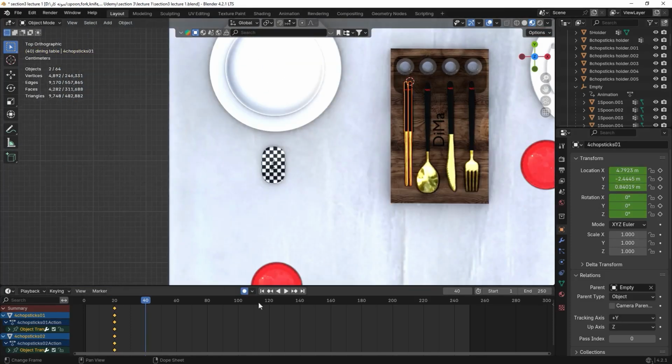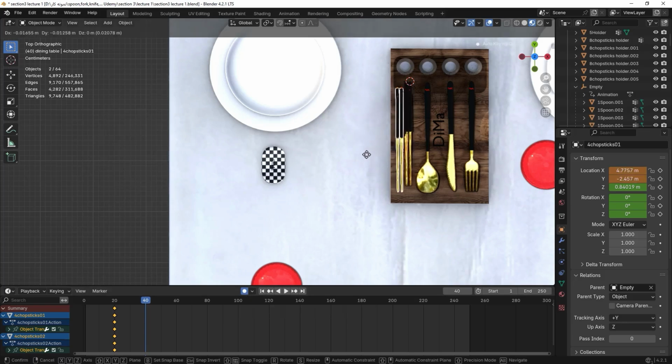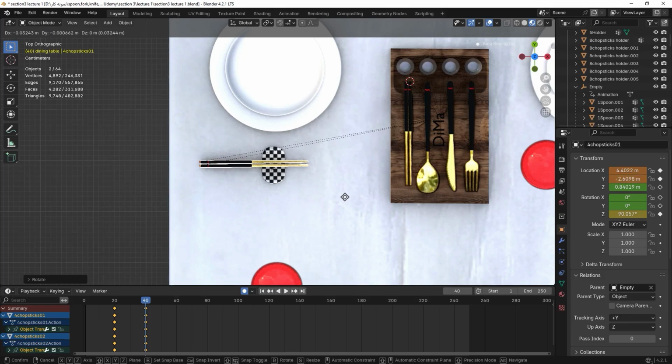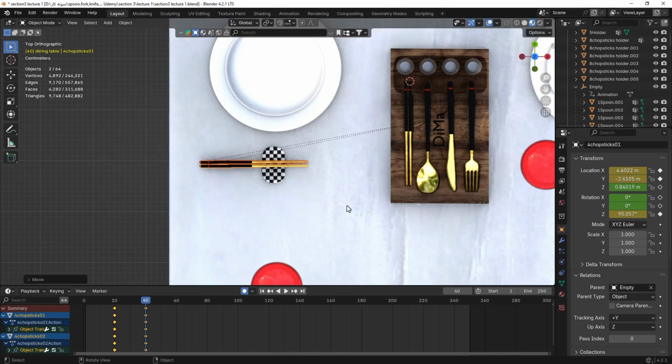Then by turning on the auto keyframe and placing the playhead on frame 40, we move the chopsticks to the left by dragging and by pressing the R key and the number 90 and Z. We rotate them, and as you can see, we did this animation. And one point is that we create keyframes for the rest of the directions in frame 40 in the object